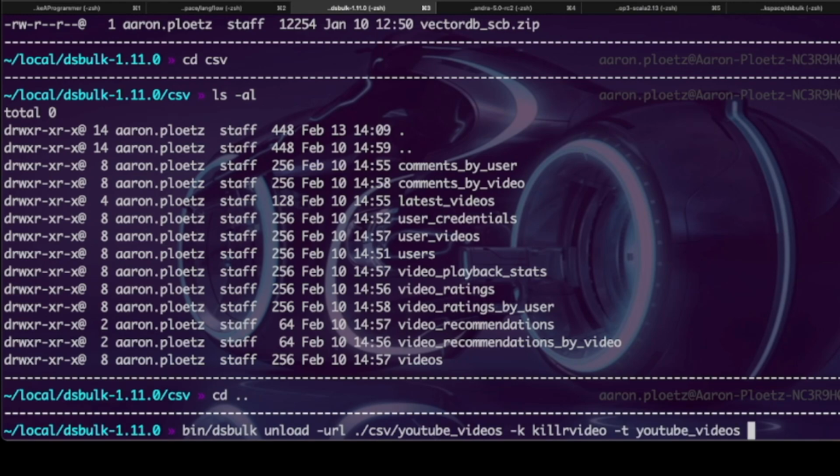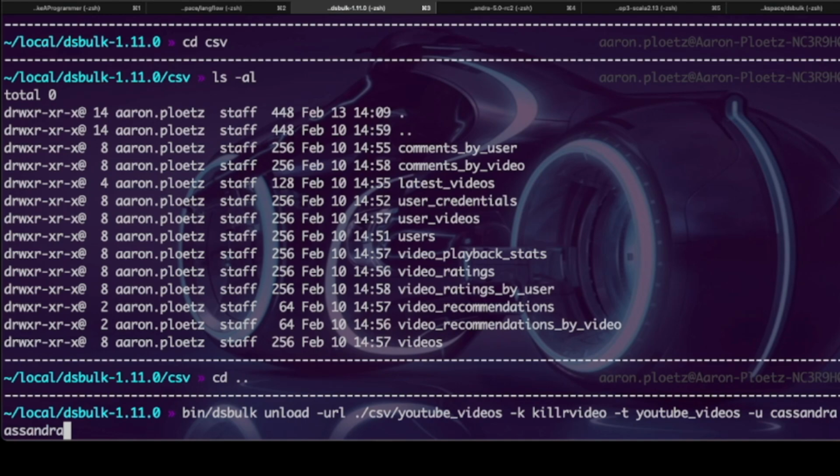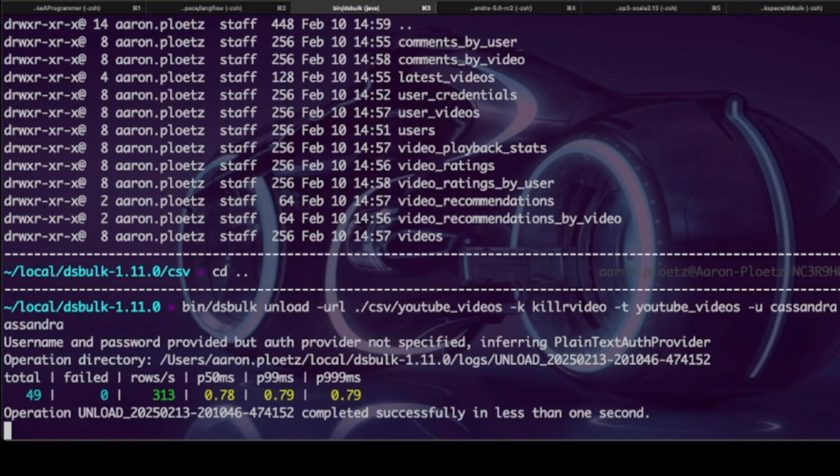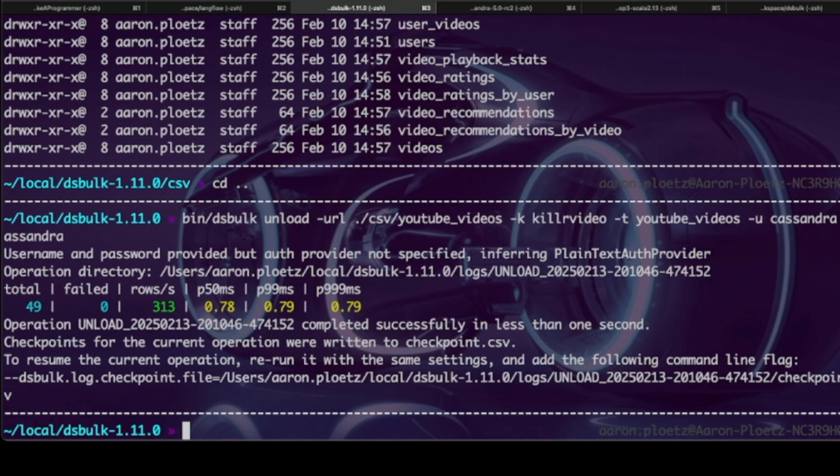For our Cassandra cluster locally, we'll pass along a -u of cassandra because we'll use the Cassandra user, and a -p of cassandra. And let's see if this works. All right. So 49 rows total and 0 failed.